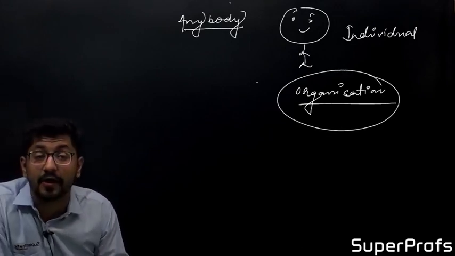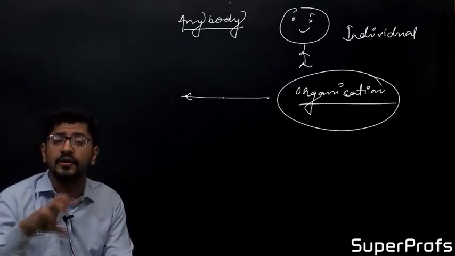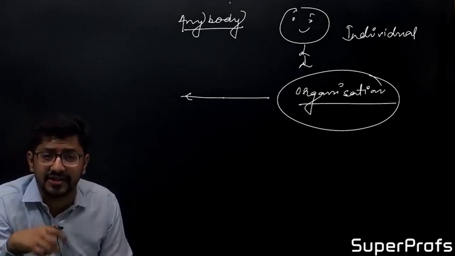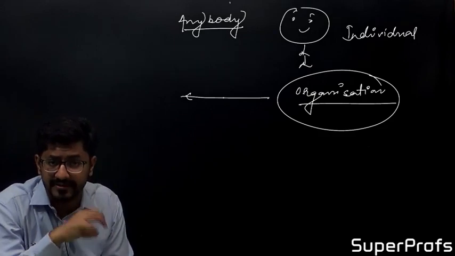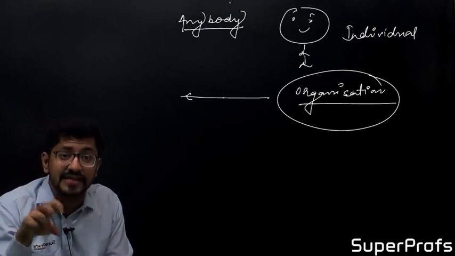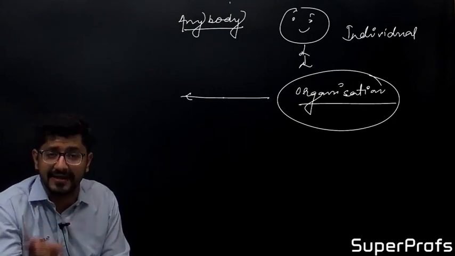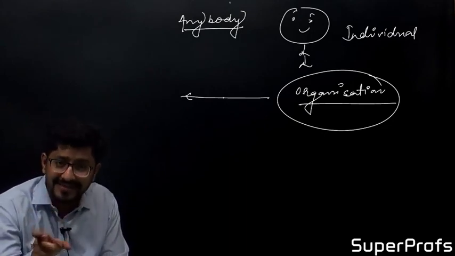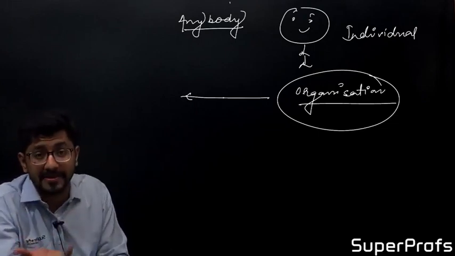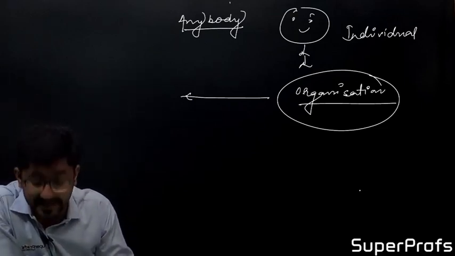The term organization arises. Maybe some of the students sitting in the class are not aware of what an organization is, or maybe they have heard of it earlier, but the specific meaning of organization, where I am teaching in SuperProfs. A temple is an organization, a church is an organization, a shop or a stall is an organization. Which body can we say is an organization? Organizations are those which can do a business, or those which can do business for non-profit. So let's take the point: what is an organization?